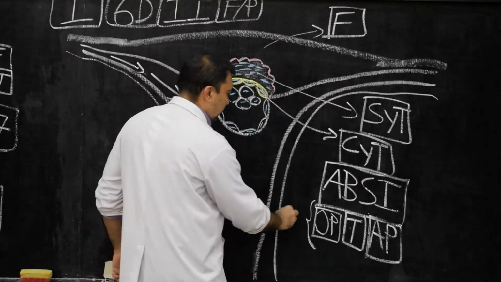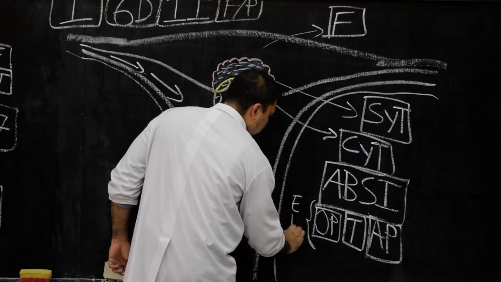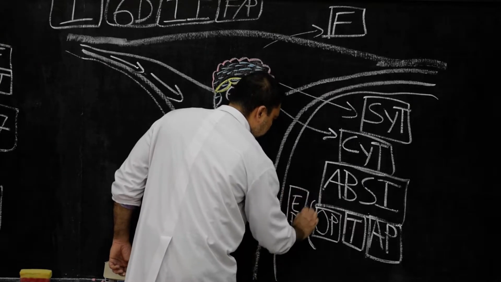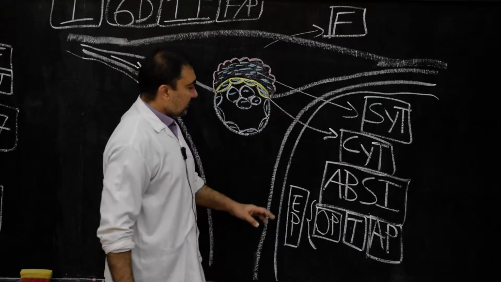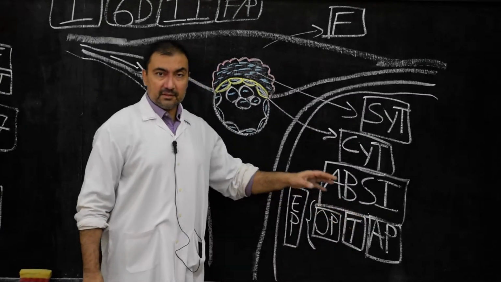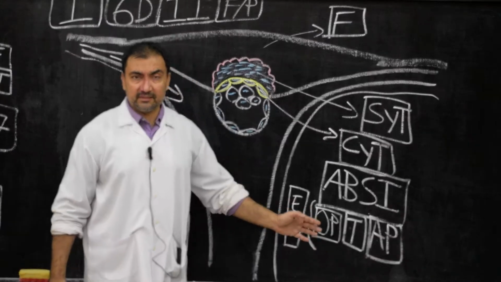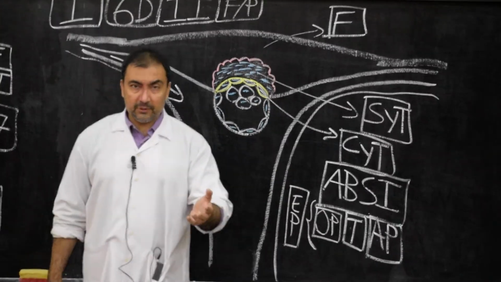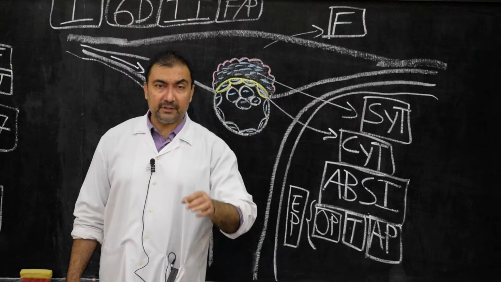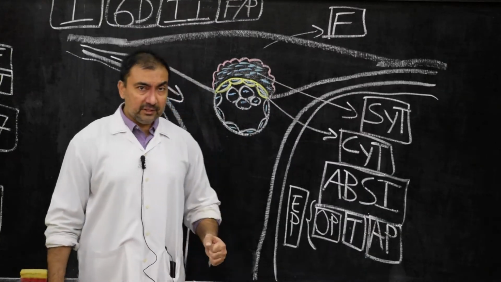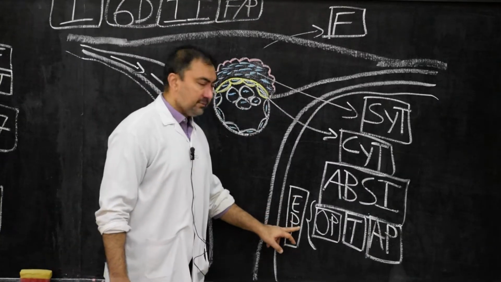If you are asked a question on ectopic pregnancy, what is ectopic pregnancy? Please mention they are the abnormal sites of implantation other than the uterus. Other than the uterus, there are three sites: ovarian pregnancy, tubal pregnancy if it occurs in the fallopian tube, and abdominal pregnancy if it occurs in the peritoneum. These three are called ectopic pregnancy.